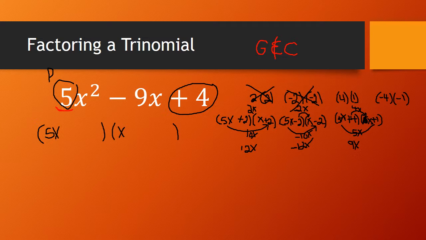So to get to negative 9, I have to make a smart choice. Should I continue and switch these two numbers and check for the sum, or should I do something with these two numbers to be able to get negative 9x at the end? So I think I'm going to make a smart choice, and instead of just switching these numbers, I'm going to try and work with